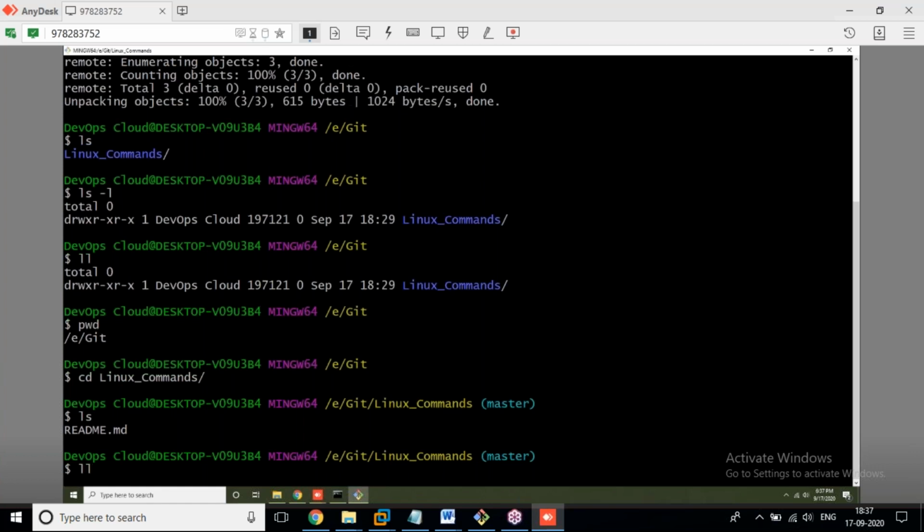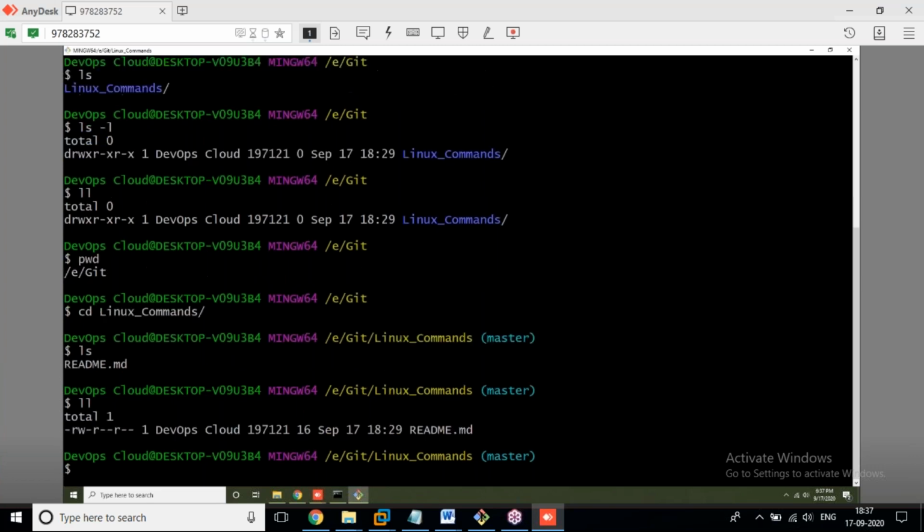When was it created, what is the size? If you want to see all that information, ll. So this is the information. Yes, once we enter Linux, we will discuss much more about this. File permissions, file and directory permissions.